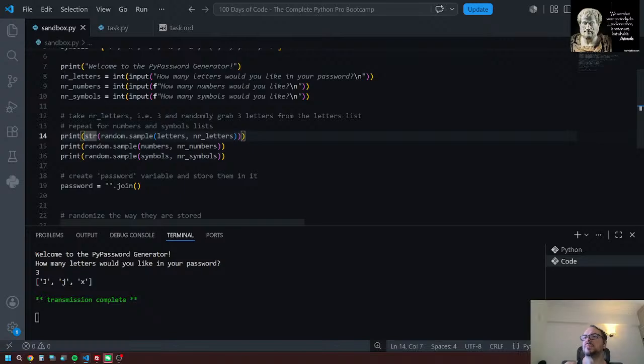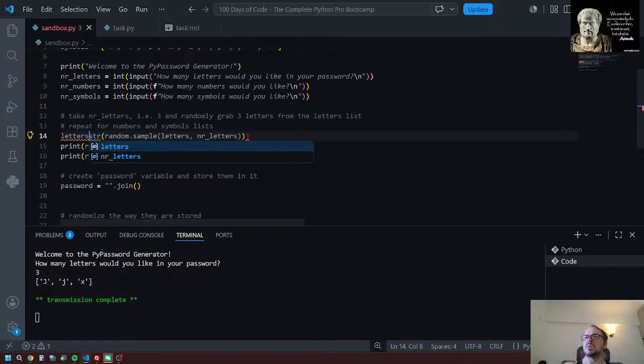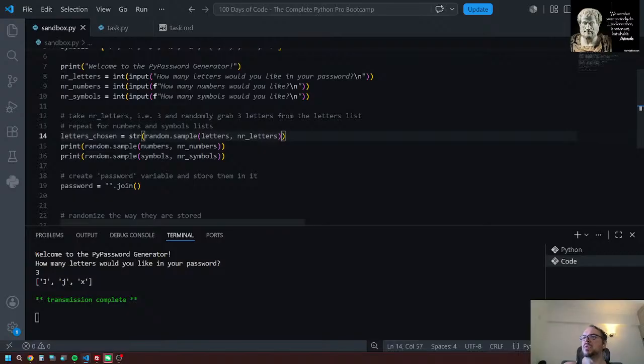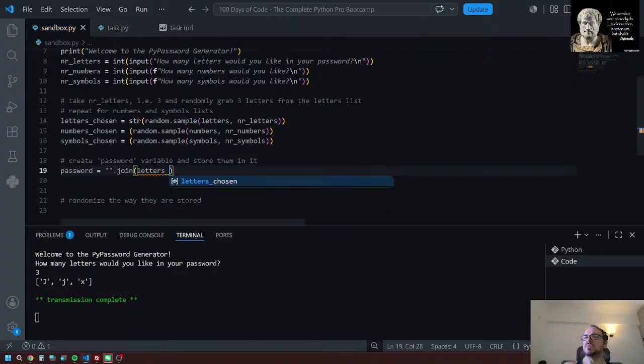Number of letters. I don't know if this is the most elegant solution. Okay. Numbers chosen. Symbol chosen. And now I can do